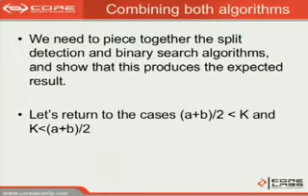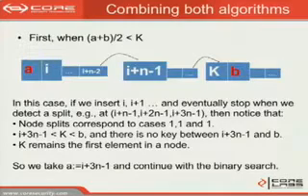So now we need to combine the binary search I mentioned before with the split detection algorithm I just described. And this is easy. We need simply to establish if the key is smaller or bigger than a plus b divided by 2. So if you recall, there was a slide almost like this one, and this was when k was smaller than a plus b divided by 2, and we made n inserts. Now, let's imagine that when inserting I plus n minus 1, we do not